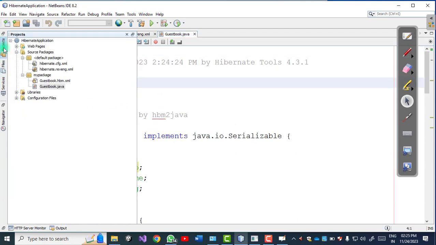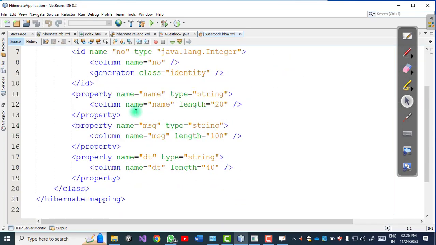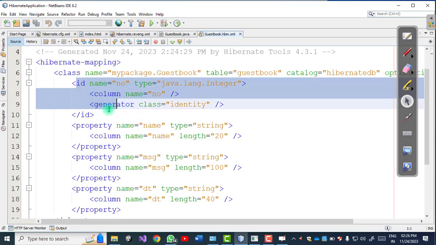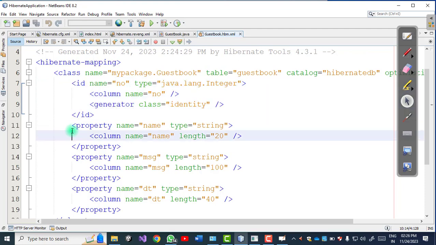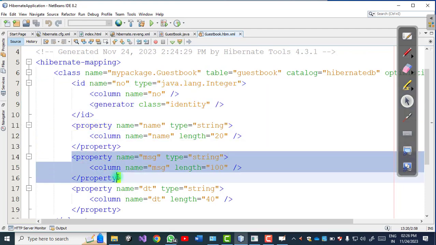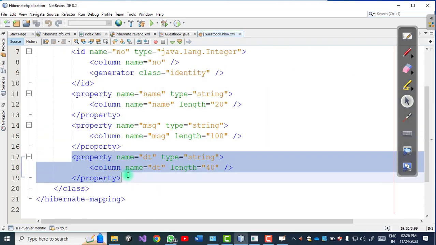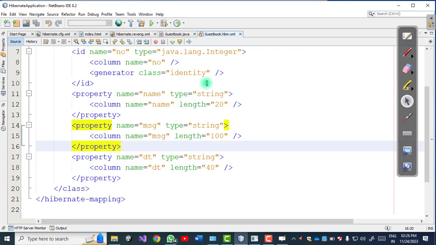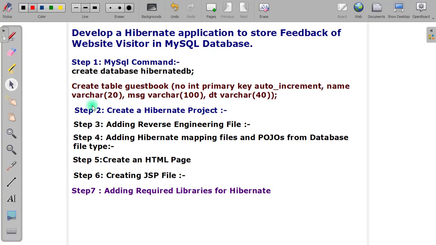And the second file that was created is guestbook.hbm. Again here we have an ID. First is the ID, with ID open and close. Then the second column is name, the third column is message, and the fourth column is date and time. So this is my Hibernate mapping file, and this is your step number 5.